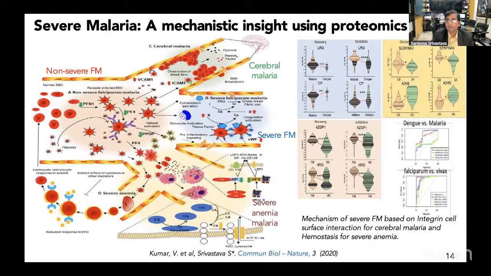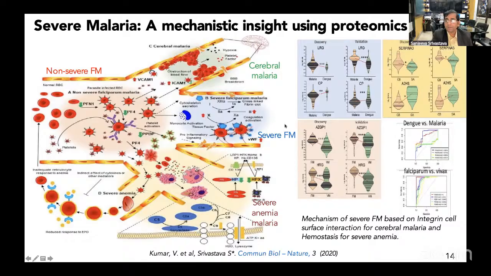For example, many individuals who go from the non-severe falciparum malaria infection to the severe form of falciparum malaria, some of them get a complication in the brain known as cerebral malaria. Some show an anemic response, severe anemia, and some show other types of complications. So looking at different types of pathways, which was a very comprehensive work